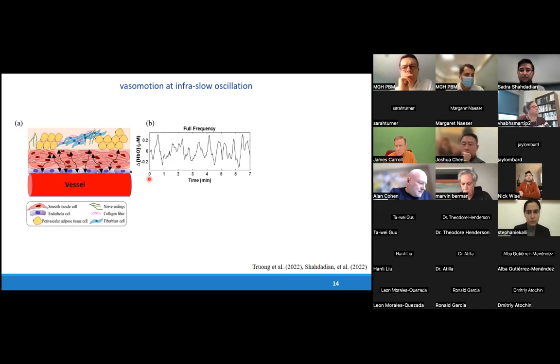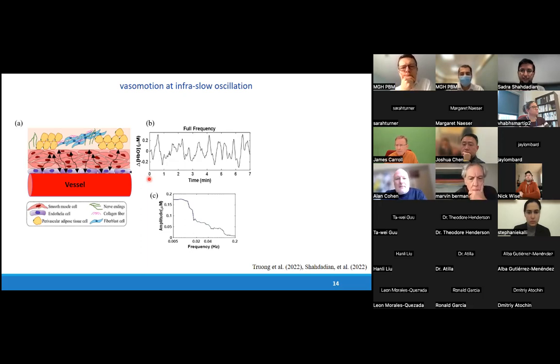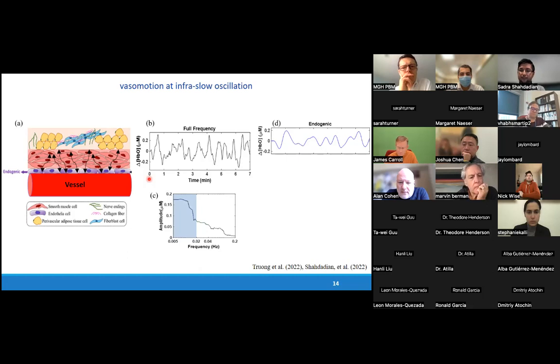We can assign this to different frequency bands. We can transfer it to the frequency domain and see the amplitude in different frequency bands or in different frequencies. Studies have shown that these frequencies or bands correspond to a specific layer of the vessel wall. For example, the endogenic band has the frequency range of 0.005 to 0.02 hertz. And if we filter this part of the signal and regenerate the signal,